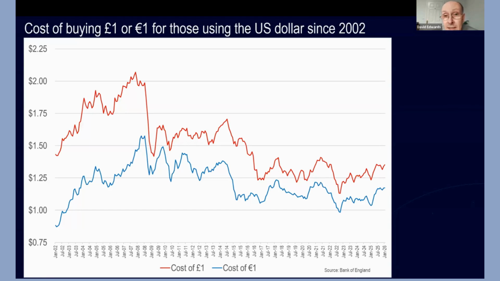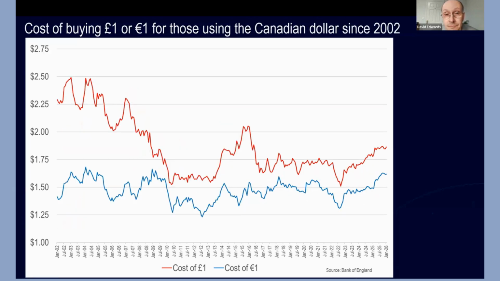So the insight here is that coming to Britain or the rest of the Eurozone is, historically speaking, still quite affordable for Americans compared with 15 or so years ago. However, spot that over on the far right of the chart, those lines are starting to track upwards, meaning it's getting a wee bit more expensive as the US dollar has started to weaken.